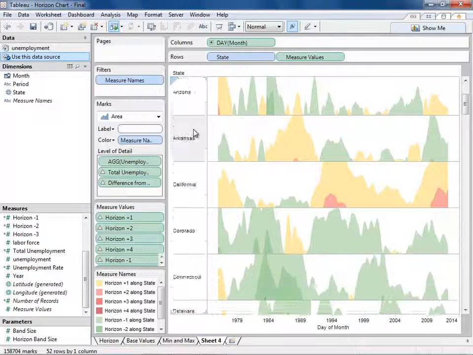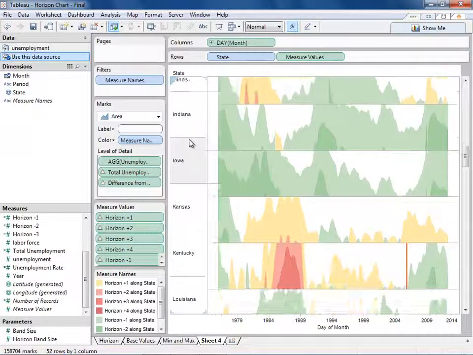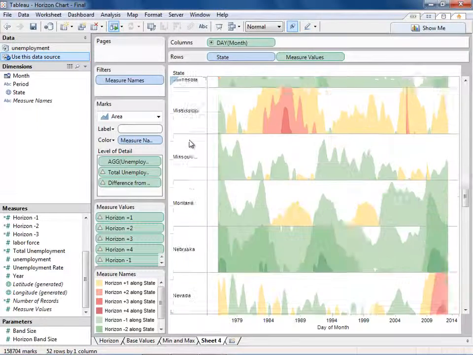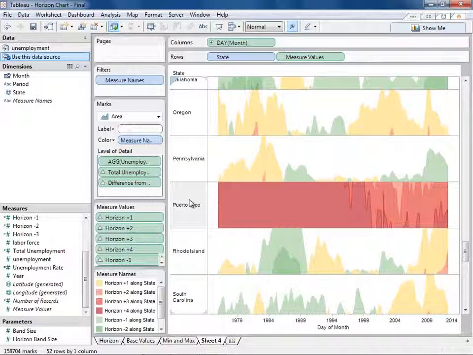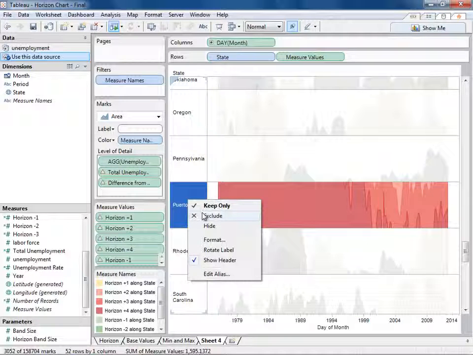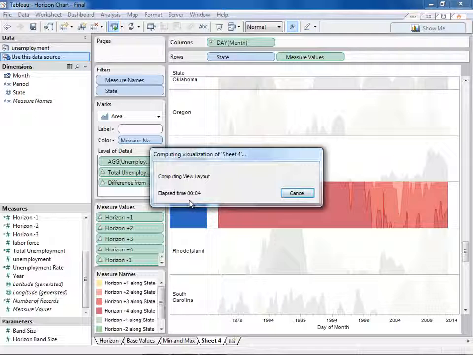So we can do some other things to format this, like decreasing the size here, throwing this onto a dashboard, or even things along the lines of, say for example with Puerto Rico, we don't want to see this state. It's clearly skewing the results because the average is including this information. We can just right click and exclude this state because it's clearly an outlier. So now this is going to adjust all of my other information based on that exclusion, and then we can really just add this to a dashboard after we do some work just to format the tooltip a little bit